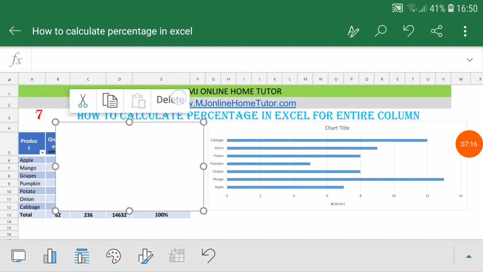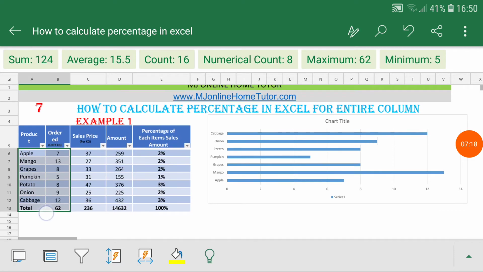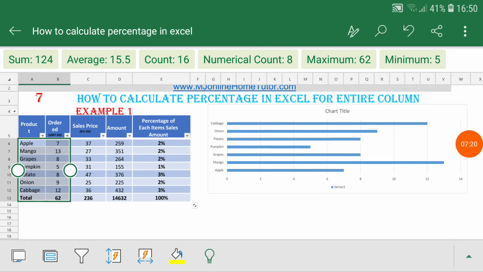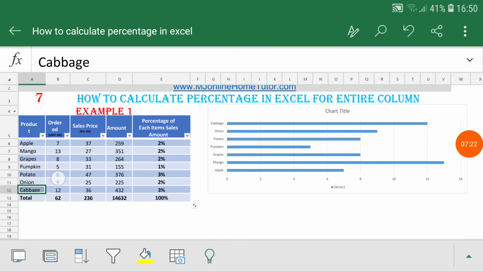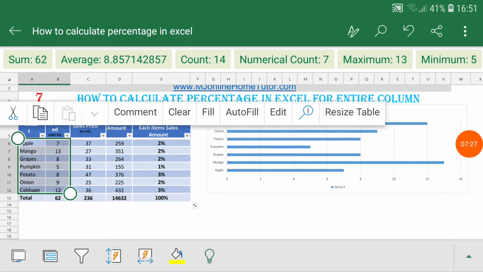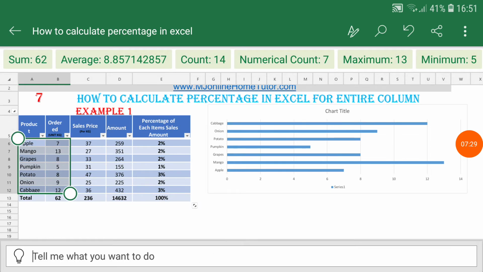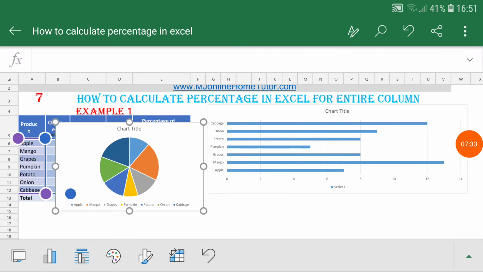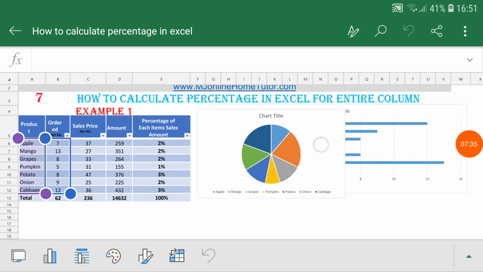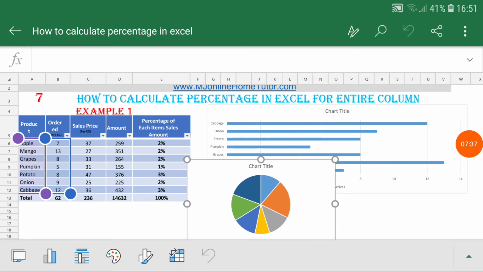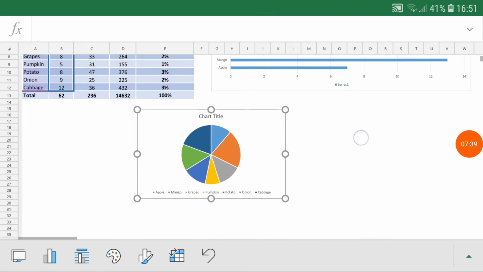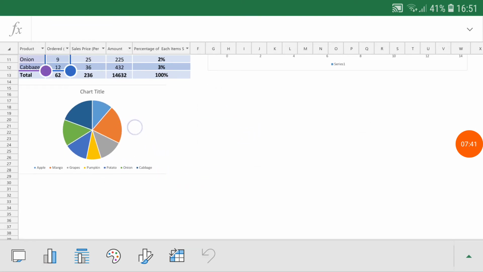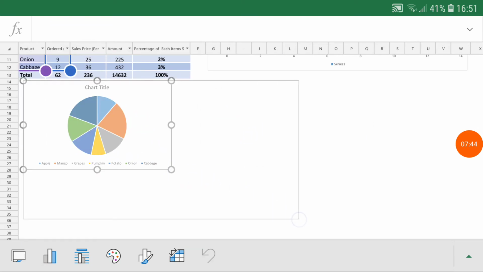Let me show you how it will work. Let me select the correct data without the total, from apple to cabbage. For that I have to select the pie chart, and here you can see once we select the pie chart, it just shows the names and the numbers. Let me zoom in so it will be clear for you.